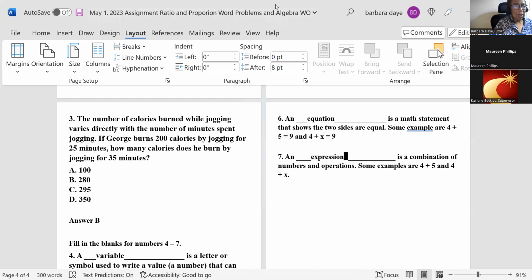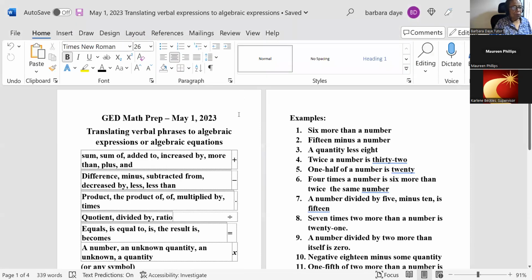Okay. So let me just bring up what we'll be doing here. And before we do that, I just want to review the operations, the addition, subtraction, multiplication, division, and